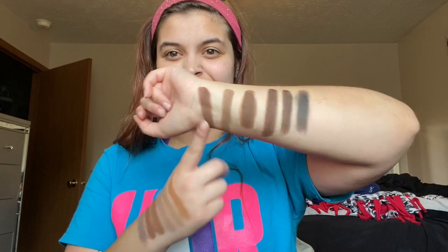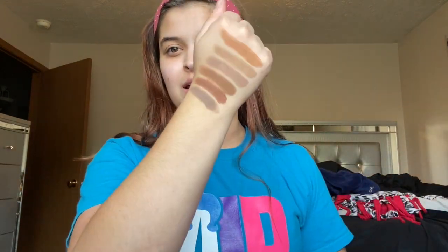So that is the last row. The last row is basically all of your dark, deep brown. So here is your fourth row. Here is your last row. So I'm gonna go ahead and wipe all of these off, and we're gonna get started trying these on